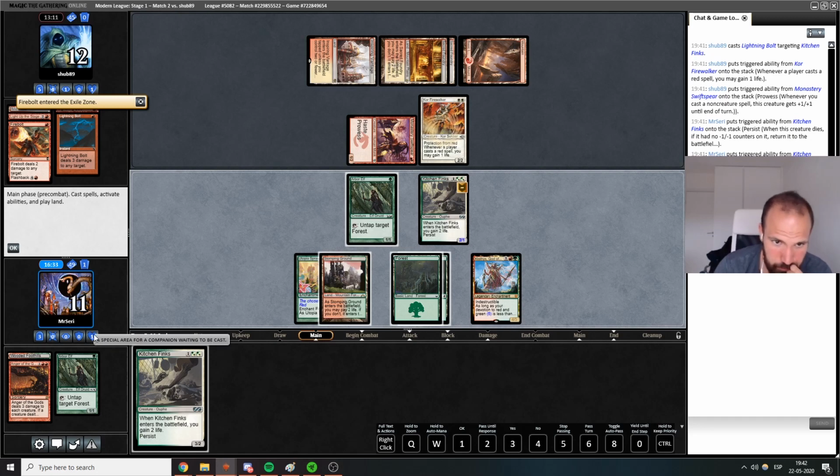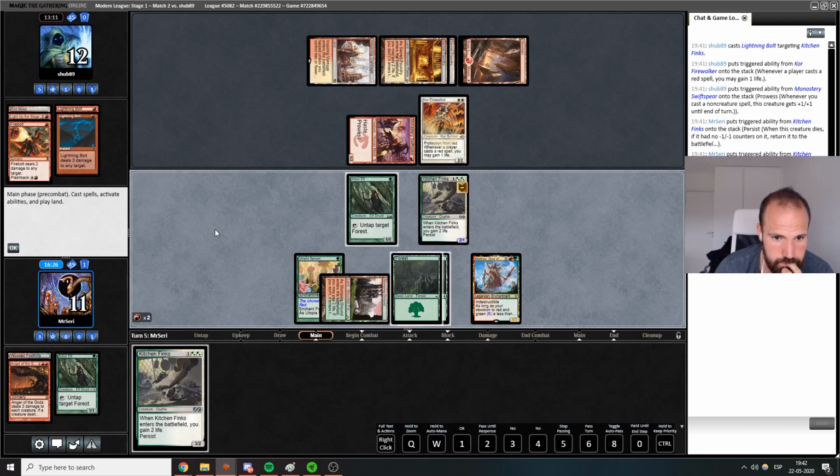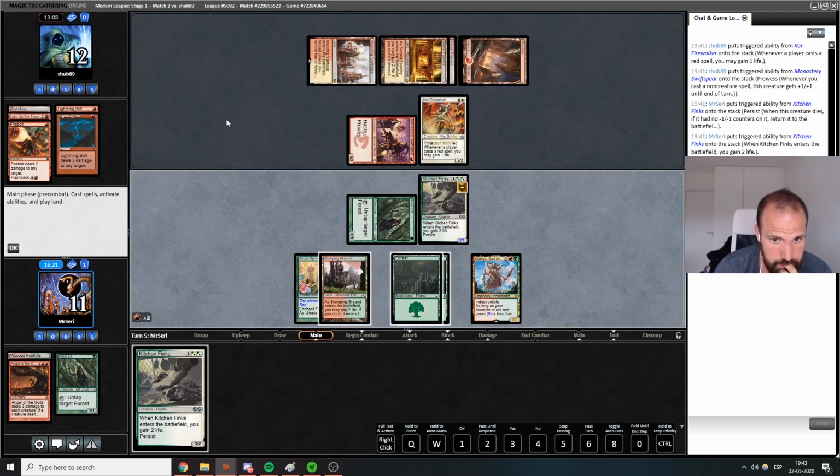I think I'm gonna cast the Obosh. I think they have no cards in hand, so I'm gonna cast the Obosh. If they draw a path, let's say they path the Obosh, we're still in decent shape because we...